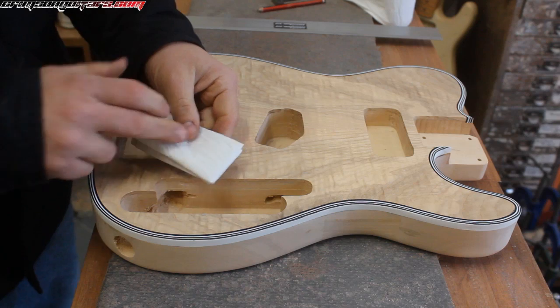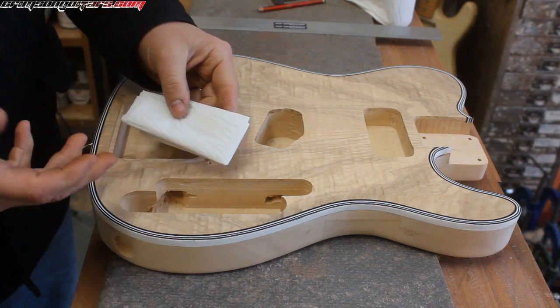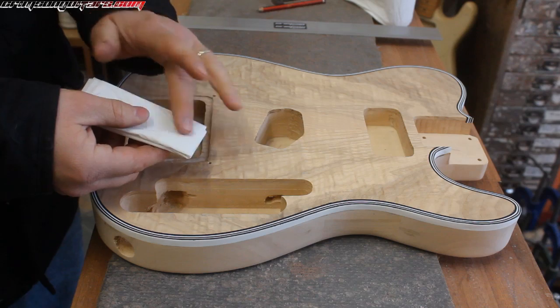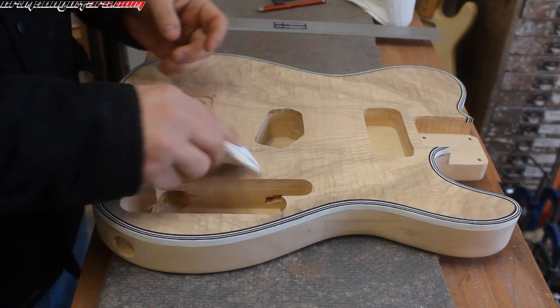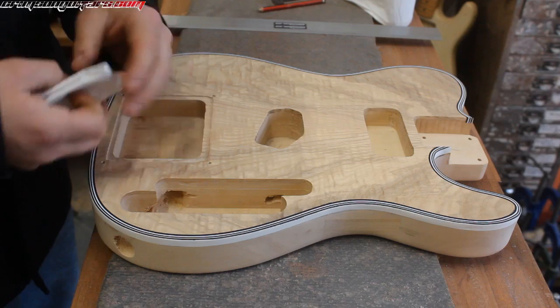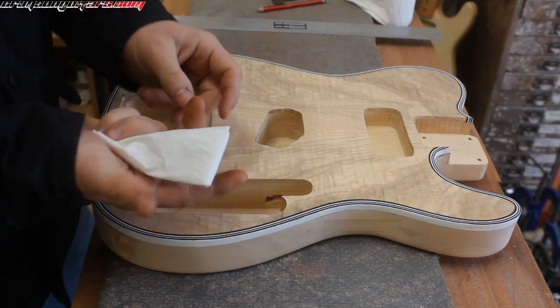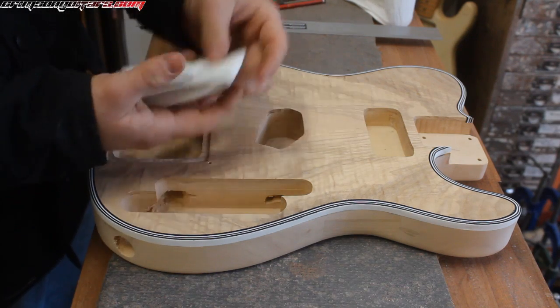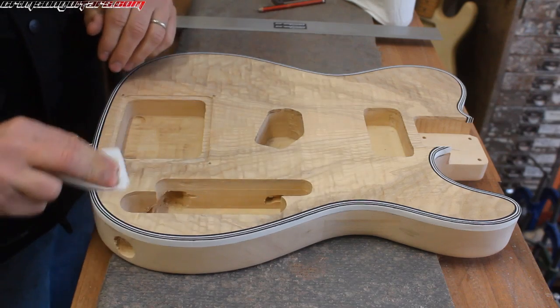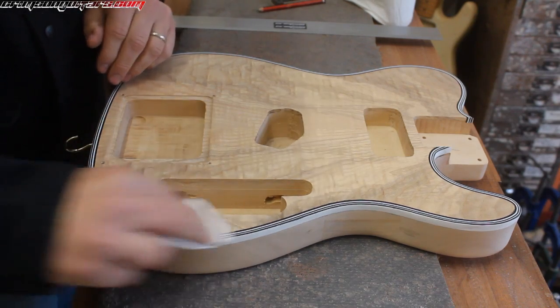Paper has a certain amount of abrasive in it. It's made using clay, and I find that this stuff helps polish as I go. It's like using a very fine wire wool to apply your finish. Give yourself a good tool, put a glove on, and that pad area is going to be what you use